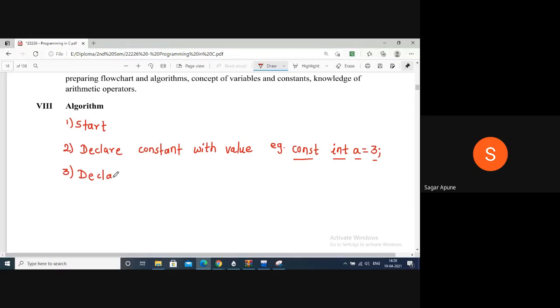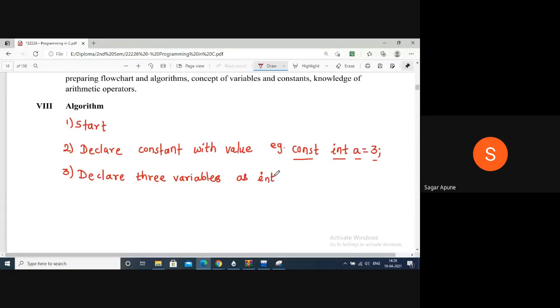Then declare 3 variables. Declare 3 variables as integer.